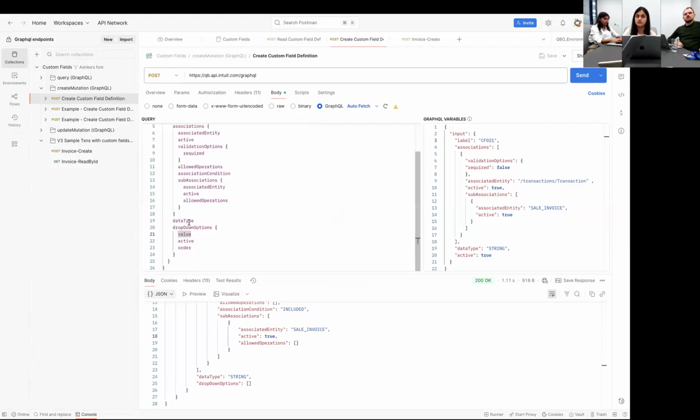And then you would need to specify the data type of the custom field that you're creating. If you would want it to be a dropdown, then you would provide the drop-down options as well. So here is a sample input that I'm passing. So let me just rename the label to